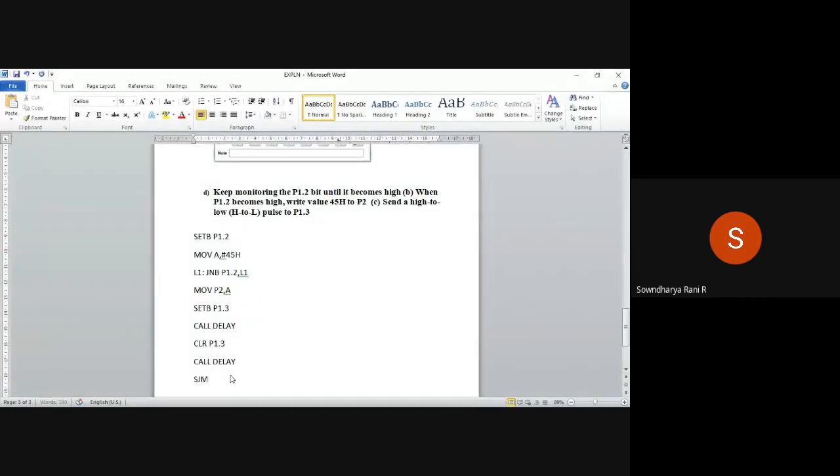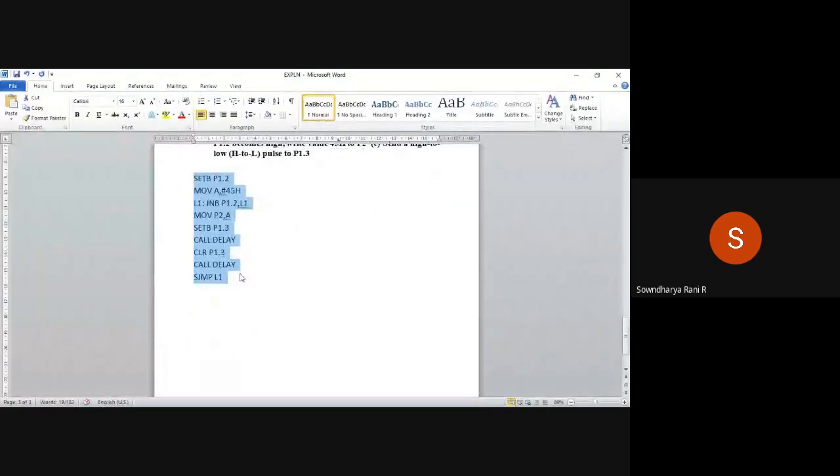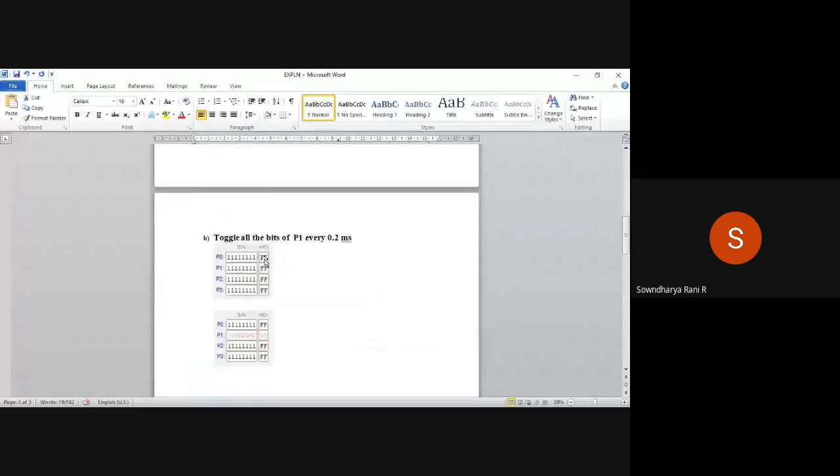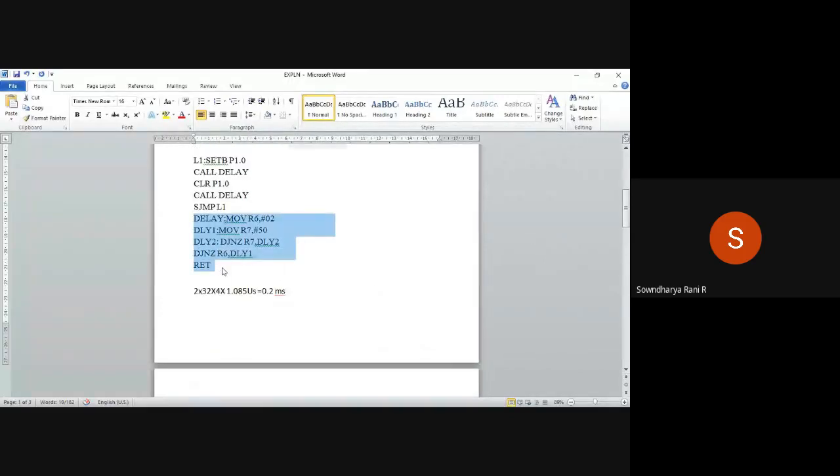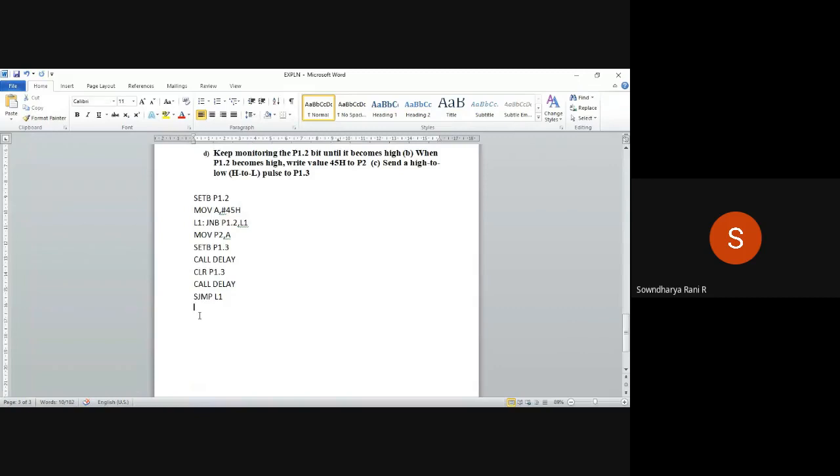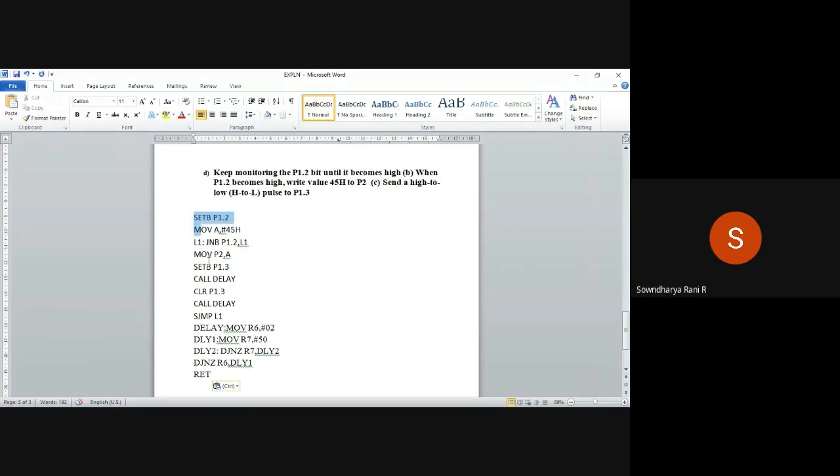Then you are going to continue this program, right? So it comes here, right? If initially it is set, it is okay. Then it is enough, right? Then you are going to continue this set of instructions, right? So you have to write the delay program, right? The same delay program will apply here also, right? So the same two registers we'll use, right? So R6, R7, and we are going to decrement R7 and R6, okay?